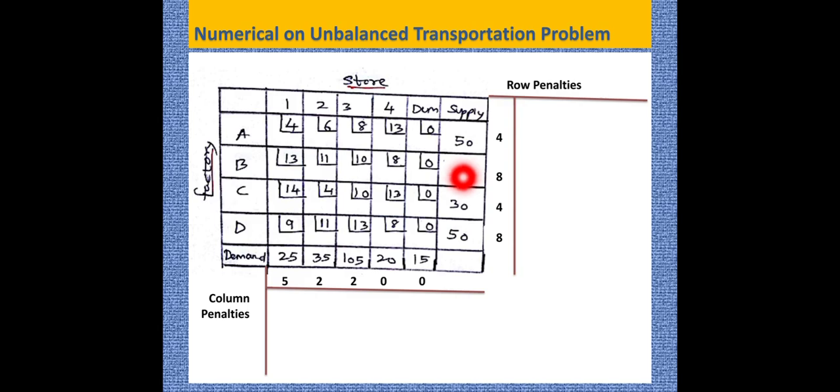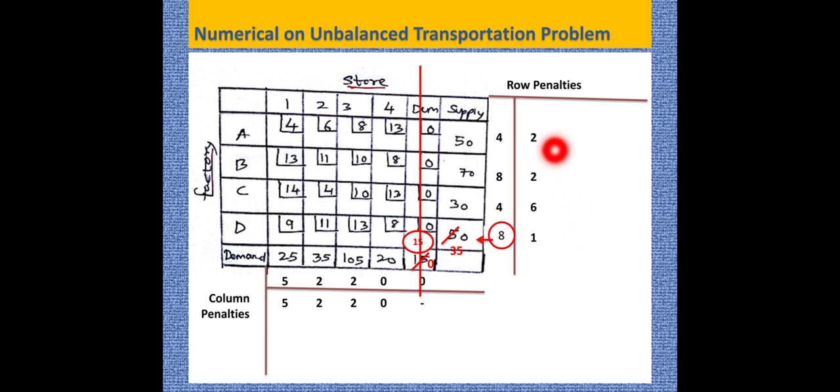So compare the supply and demand. Here 70 and 15 is there, here 50 and 15 is there. Since this comparison is very less, we consider this particular row for allocation. Comparing 50 and 15, 15 is minimum, that will be allocated here, and it will be reduced from supply and demand. So this particular column becomes 0, and here 50 minus 15 will be 35. So this particular column will get eliminated. Next, we again go on calculating row penalties and column penalties.